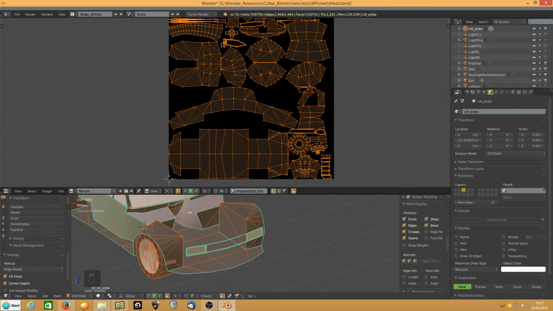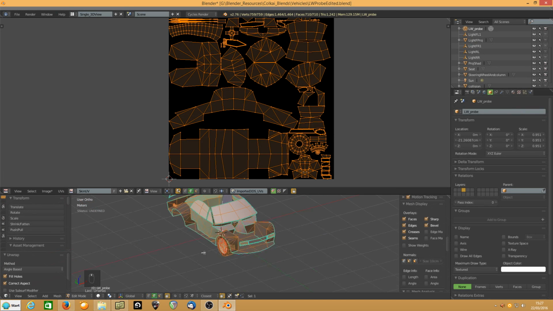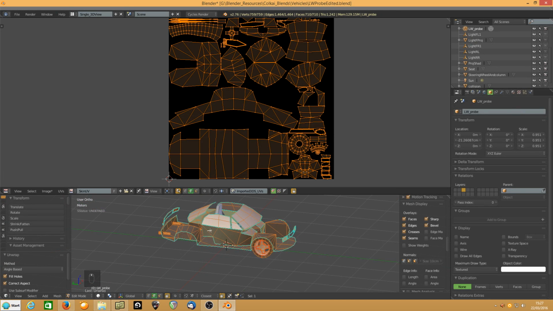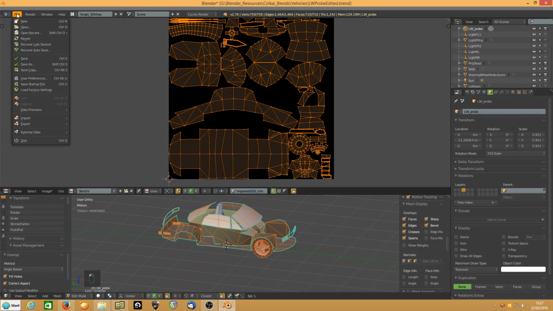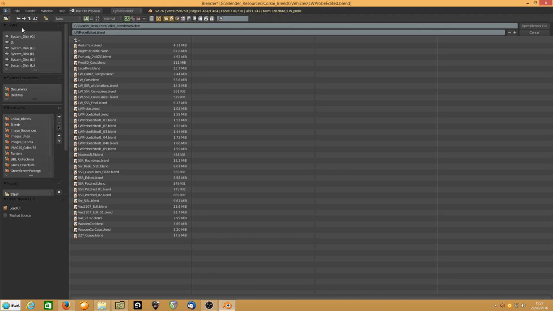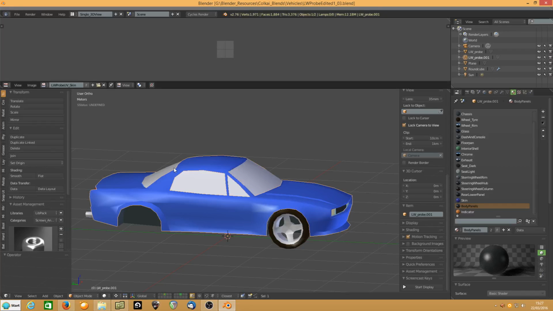Right, now that's a long process. I'm not going to go through every bit of it because basically it takes time. So that done, what I will do is I will open up, as they say, one I prepared earlier. So if we go into here,